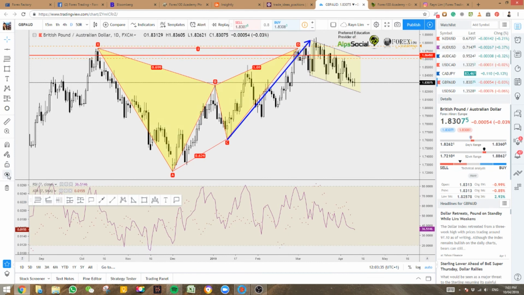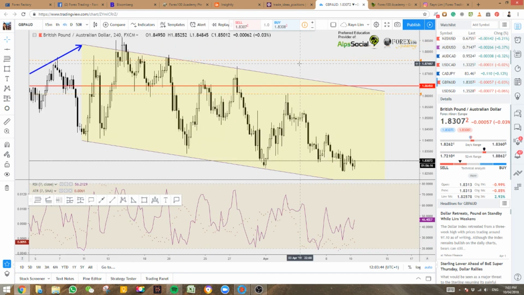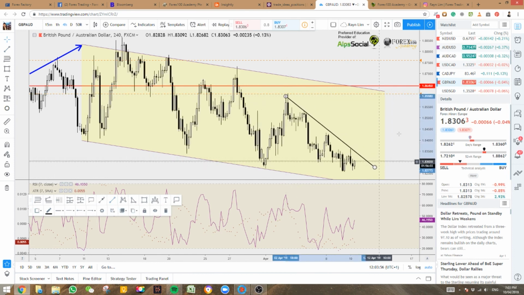Back to daily chart. This is what I have, a bearish Gartley pattern. For traders who are still in the trade, congratulations. For traders who are not, it's fine. Head to 4 hour chart. You can see the lower high that has been created over here. Very nice movement. So I'll just do this. Alright,